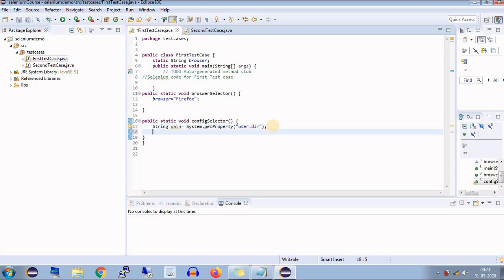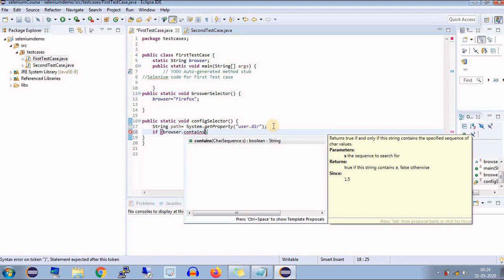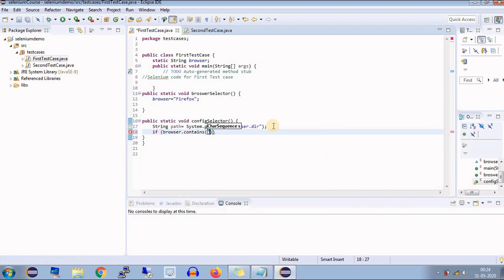If browser dot contains in bracket Firefox, then we have to call the Firefox WebDriver path, and then we have to create the object for Firefox WebDriver. And this code is already present in our existing code, so let me copy it from there.